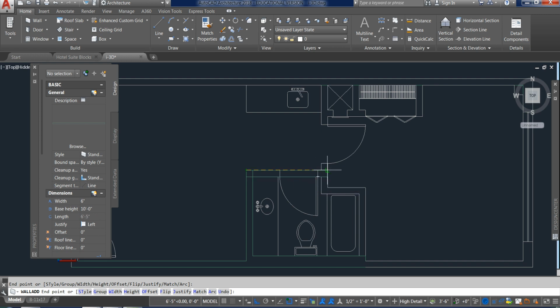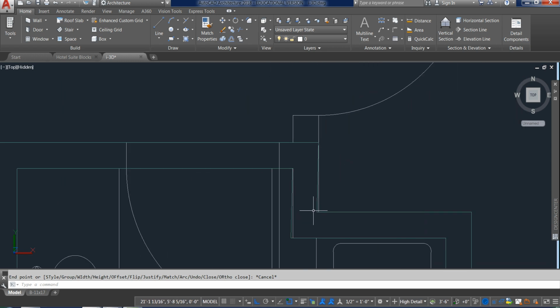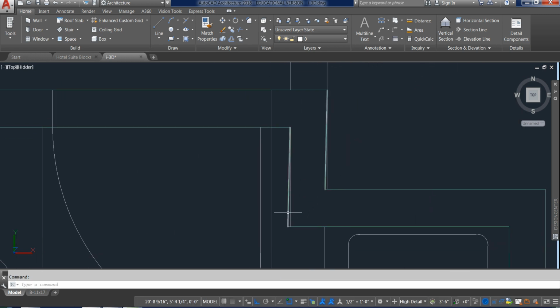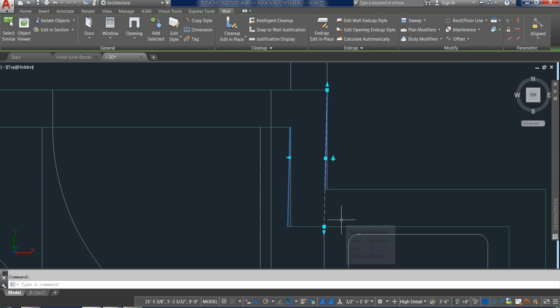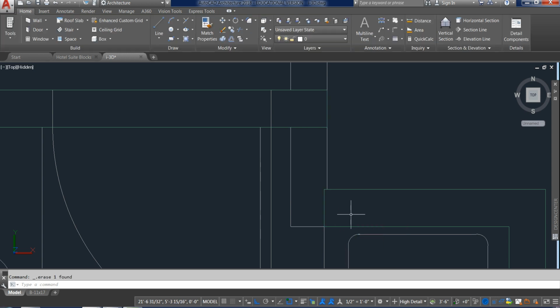I need to go all the way across. I'm going to shift and redo that justification. Looks like I actually have a crooked wall right here. So if that's the case, see how my wall is crooked right there? In this case, I'm probably just going to delete it and redo it.